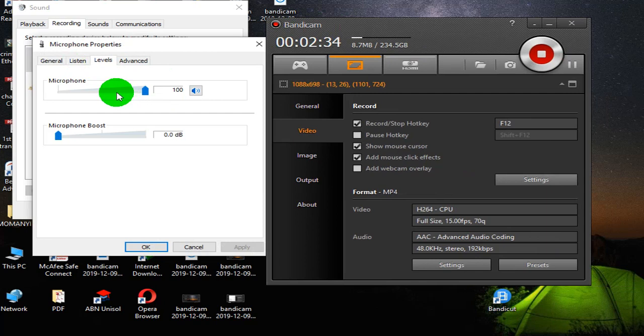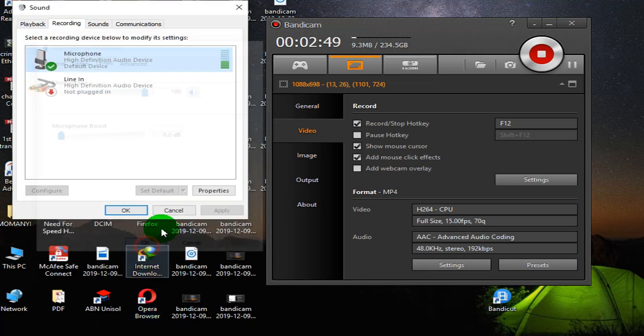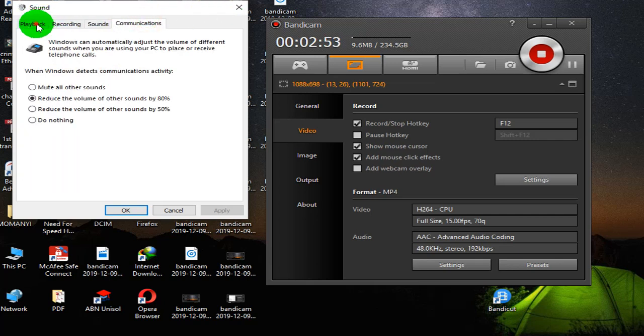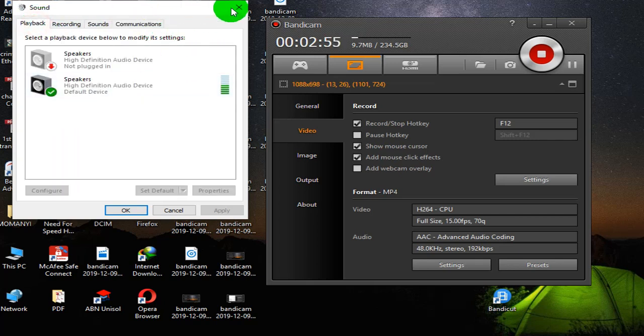You can choose to reduce the volume, or add the volume from here, then the microphone boost, so you can hear the voice added. Just do according to what will please you. Then again, the sounds and communications, then playback. So just cancel that,